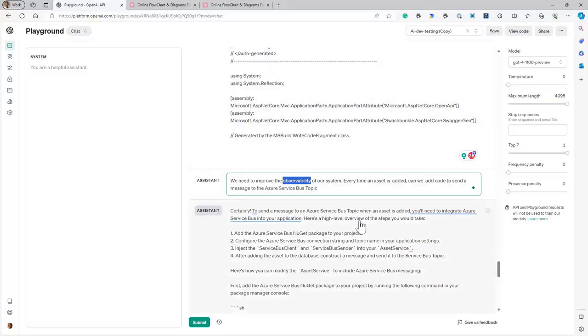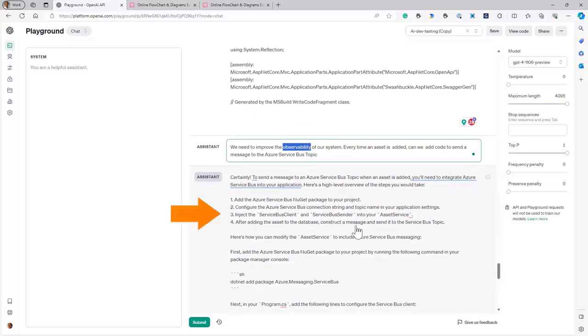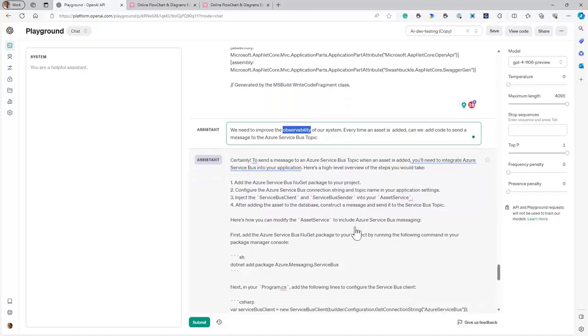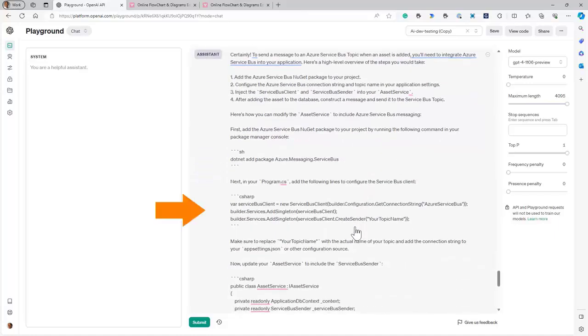And as you can see, the model comes back with some instructions. You will need to incorporate these NuGet packages. And then it also, in fact, comes up with some code where this code can be added to a service class or whatever class is appropriate based on the current code base. So here's an example of how you can extend the current code base using a language model.